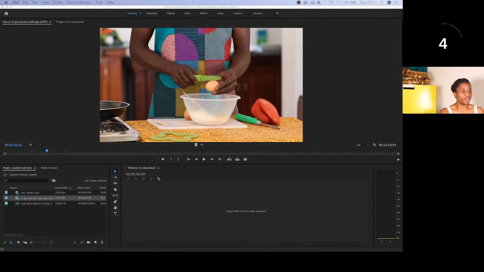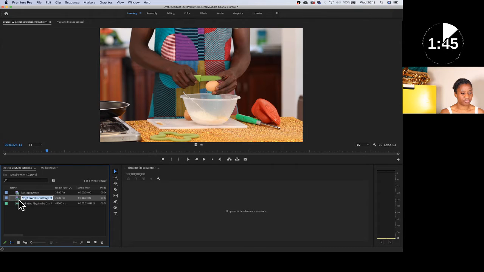So obviously you've imported your files into Premiere Pro right here, and you've got the files that you want to use, the images and the music and whatever you want to use in there. What you need to then do is just drag any of your video files. That's a video file here. You can see the icon with the purple and the waveform there, and you want to pull it across and